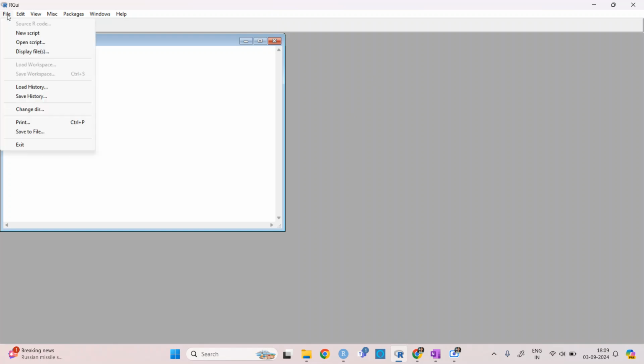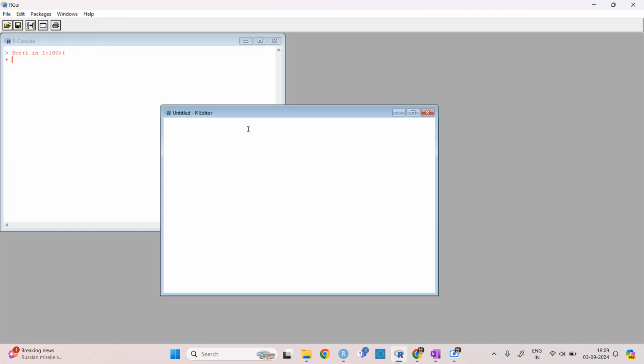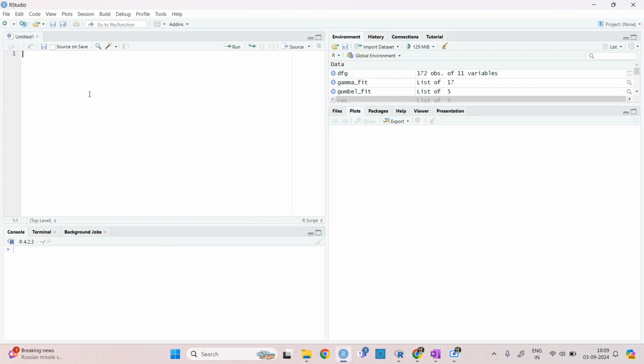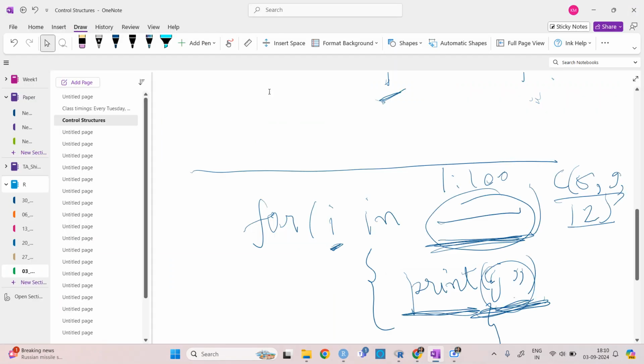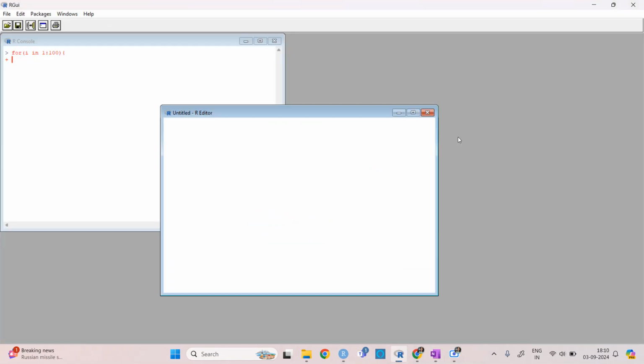How you can do it: you can create an R script here, and then just copy and paste into the R console. So you need to create two, and in this console you already have this. I have already created it here, so it will come on the same page. I don't need to do the cross sign or remove it here and there. So I will do it in the R console. You can do it in R also, there is no issue, absolutely.